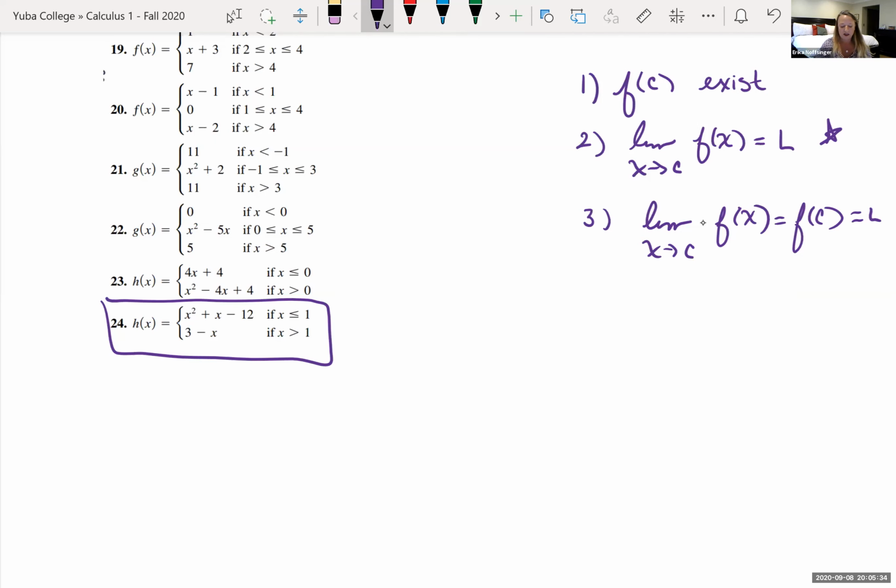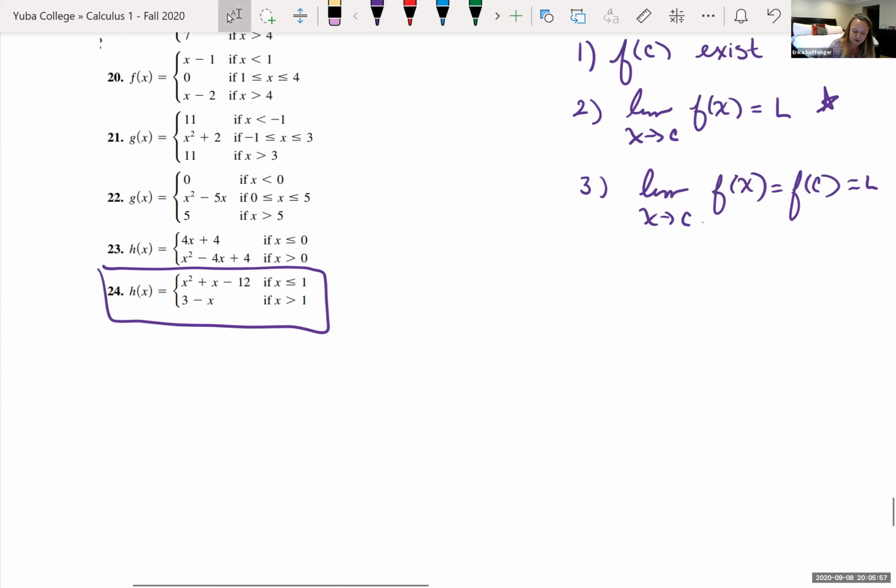First of all, the first function, x squared plus x minus 12, is a polynomial. We talked about polynomials being continuous everywhere. And 3 minus x, the second equation, is also a polynomial. But because we're switching equations at x equals 1, we need to make sure that there's no jump there and that we get the same values. So if we look at the limit as x approaches 1 on the left-hand side, which I can denote with that negative, of f of x,